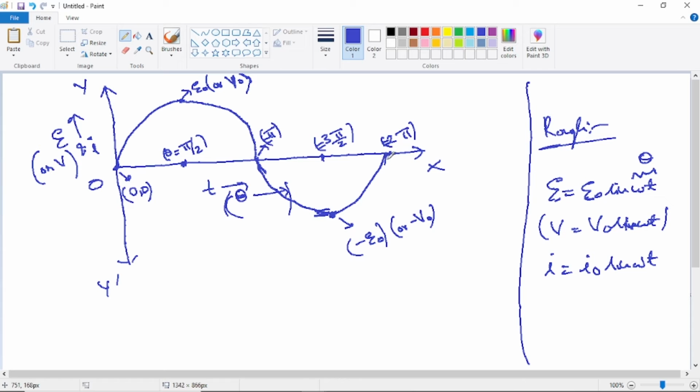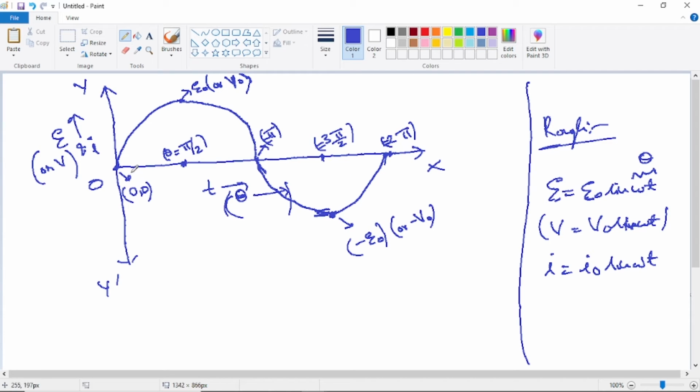So the graph will again be, sine 360 is 0, meaning sine theta is becoming 0. So E naught into 0 is 0. So the EMF again becomes 0. That means the graph will again touch the x-axis, from the negative values it is touching the x-axis. This way, what is happening is,